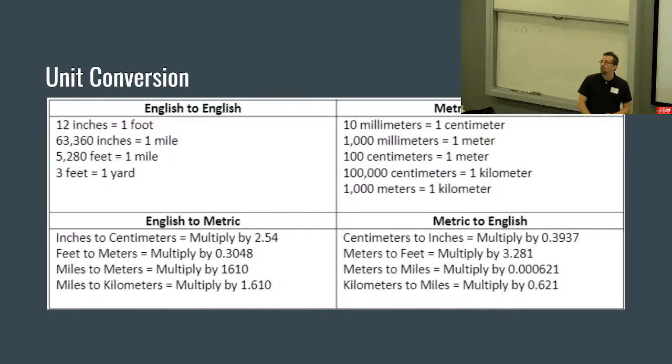So, you will have to convert. I believe this will be supplied to them. I think I'll probably give it to my students, but either that or calculators and stuff are allowed. So okay, just so you know,